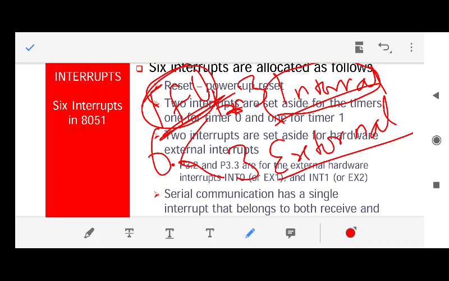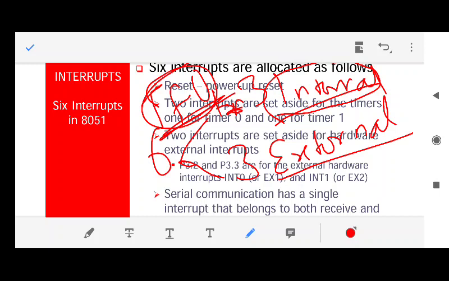Instead of giving a count to the timer and then waiting to see whether the counting is finished or not, you can give a count to the timer and it will keep on counting. In that time you can do any other work, instead of waiting for the timer. Whenever the timer flag is generated, an interrupt can be generated internally in the 8051. So the 8051 will know that the counting by the timer has already been done.